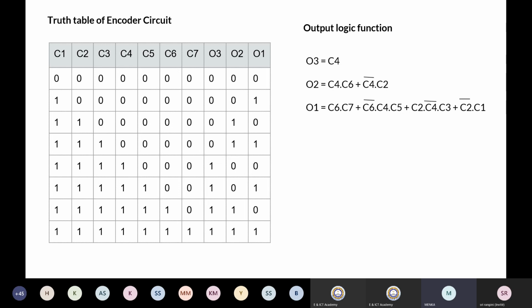You can prepare your logic function from this truth table and then put in the encoder circuit. Those who are not able to see how to prepare the encoder, this is nothing but a priority encoder. So this is simple logic only. Since you are converting into digital, digital is not difficult, as I told you. You just use the output function logics given over here and create the encoder.